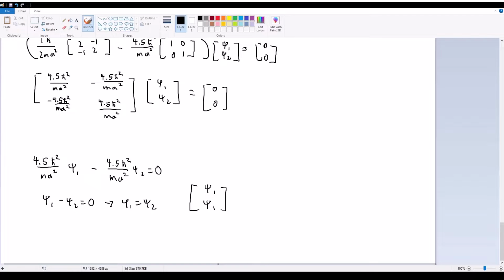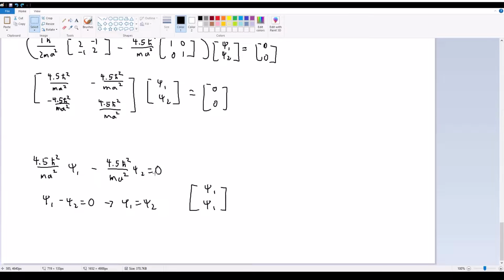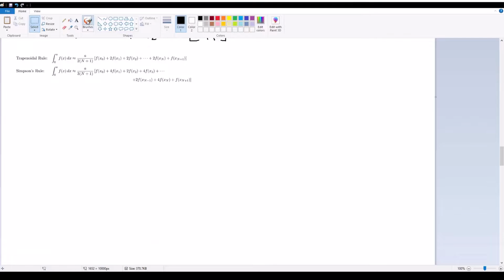Next, let's use our approximation rules from above. This time we're going to be using the trapezoidal rule because remember, n plus 1 has to be even for us to use Simpson's. So in this case, n plus 1 is 3, which is odd, so we're going to be using the trapezoidal rule. Let me just extend my canvas again. So at this point, if we're using the trapezoidal rule, then we have